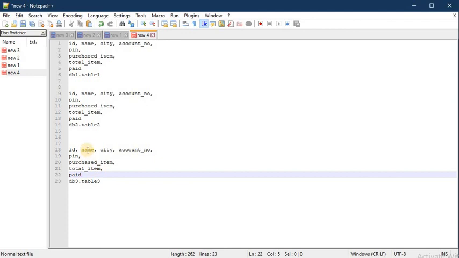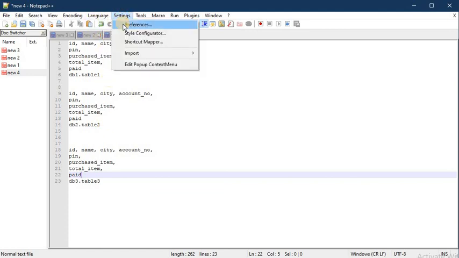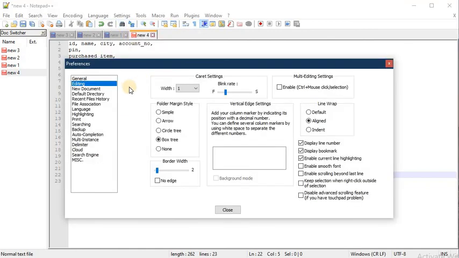This is not possible with vertical selection, so there is another way to do this. Let's check that. Go to Settings, Preferences, and now go to Editing. Select Editing here and click Enable in the multi-editing settings. Click Enable and close.